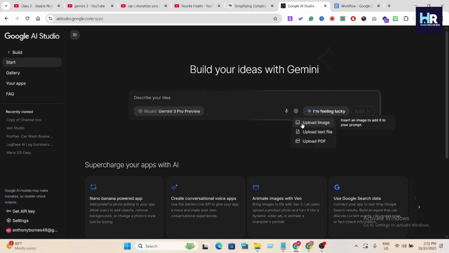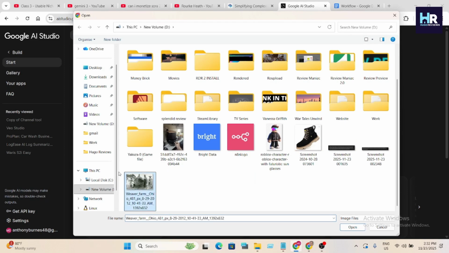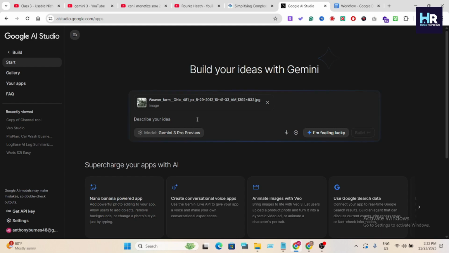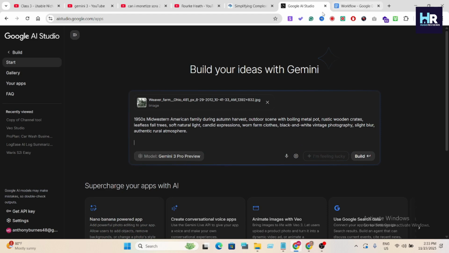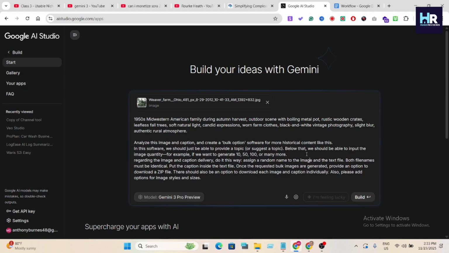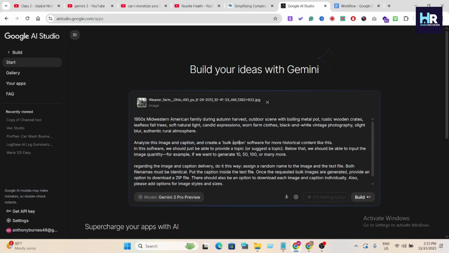So for making this tool, what you have to do is first upload an image file from your desktop. So I will just upload a vintage photo and then I will just describe what the image is all about. So this is actually the image prompt of the sample image that I added in the chat, and then I will give the rest of the prompt to the AI, and what it will do is analyze the image and caption and create a bulk option software for more historical content like this. And we will also have an option to generate 10, 50 or 100 images, and after that the images can be downloaded either in a zip file or separately one by one. So let's just build the tool,